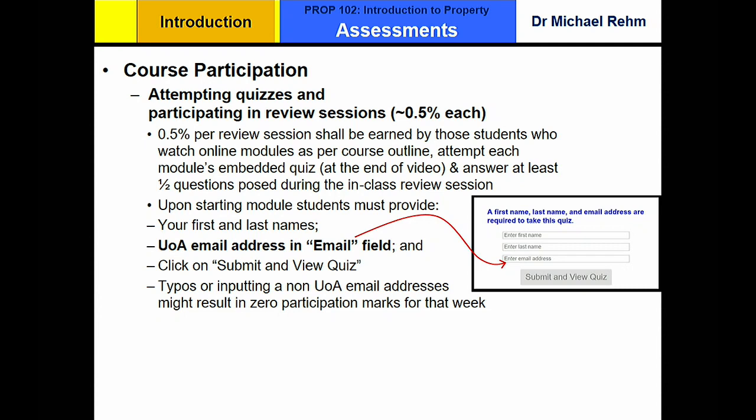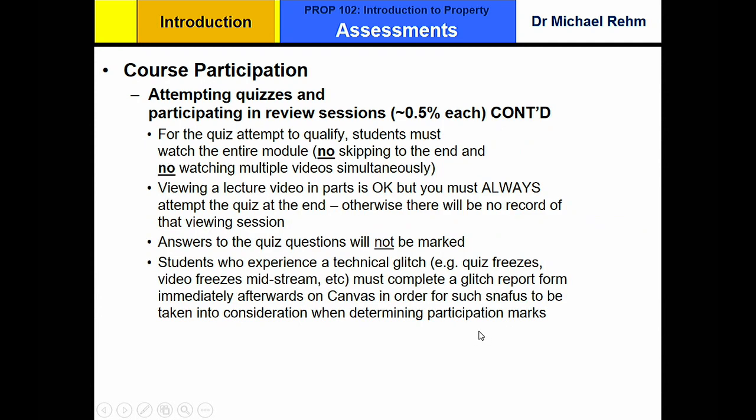Man, it'll just eat you up. If you put in your Hotmail account, you screw that up or screw up your UPI, it'll just eat you up, and your record of viewing that stuff is gone. Yeah, it's toast. So I'd hate for that to happen to you. So be very, very careful and enter your email address right. Yeah, it has to be the University of Auckland one. The UPI has to be at the beginning. Absolutely critical.